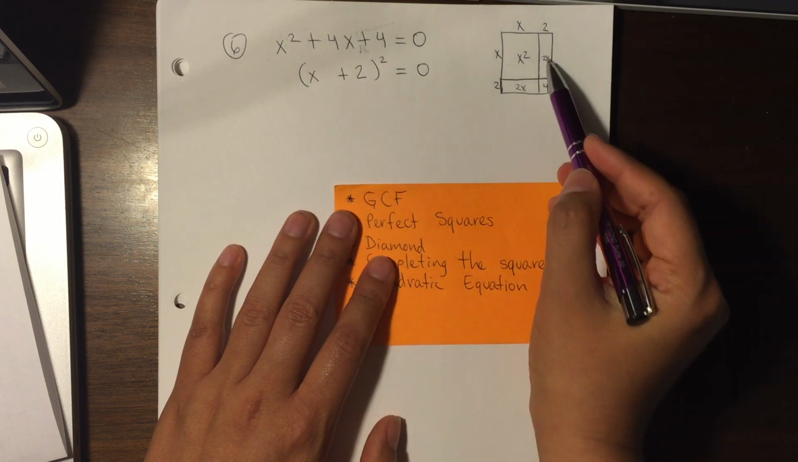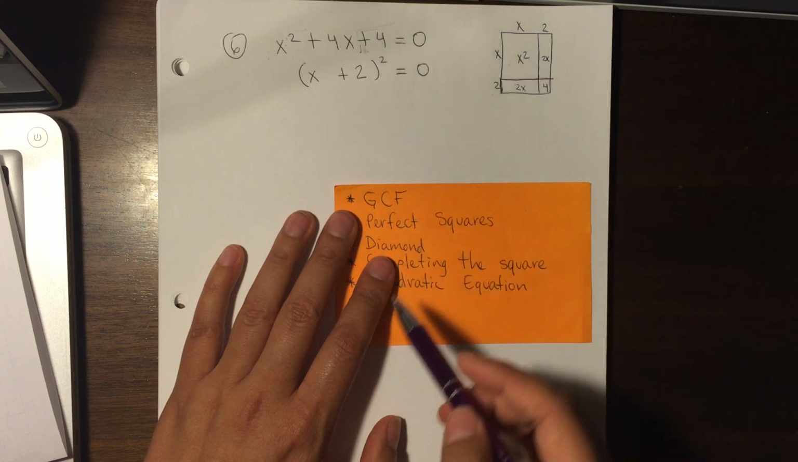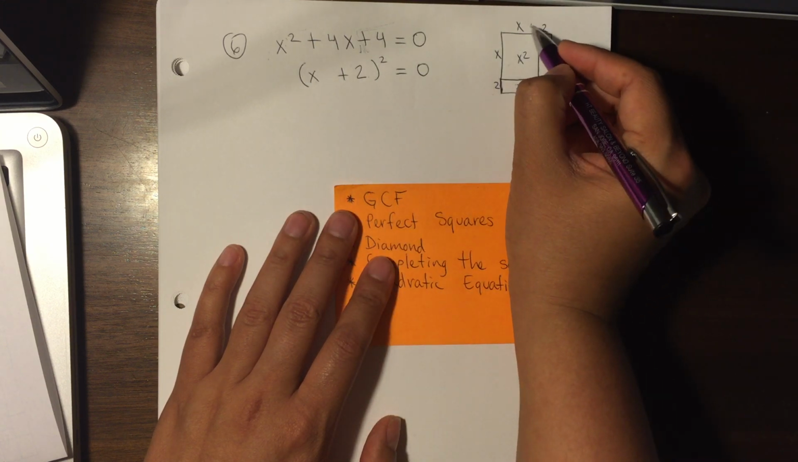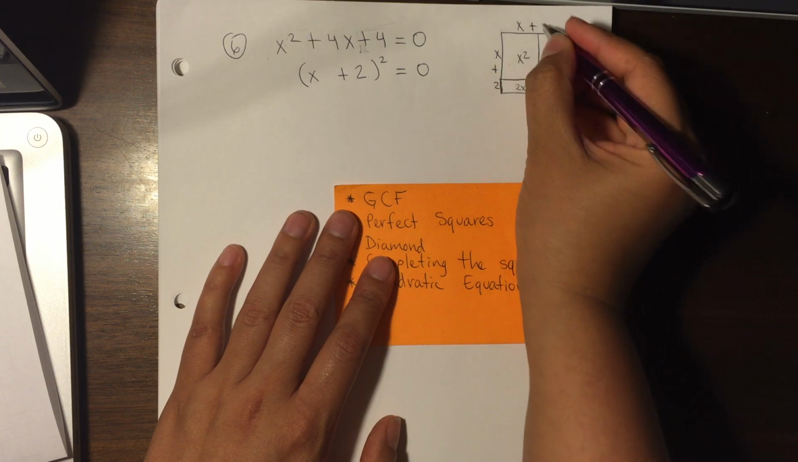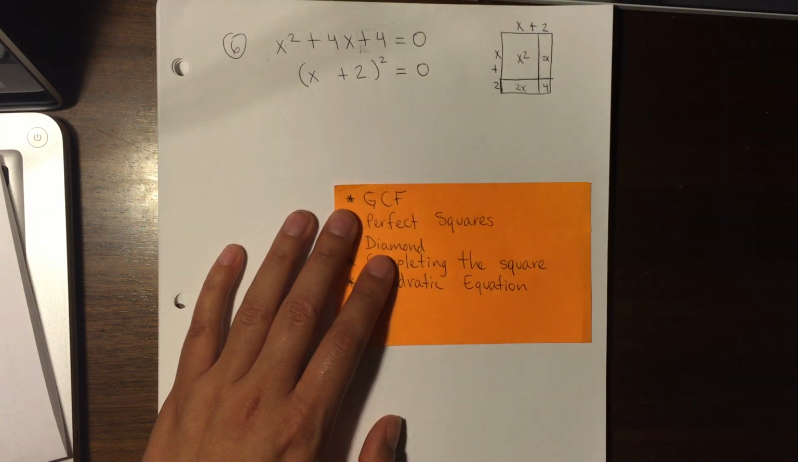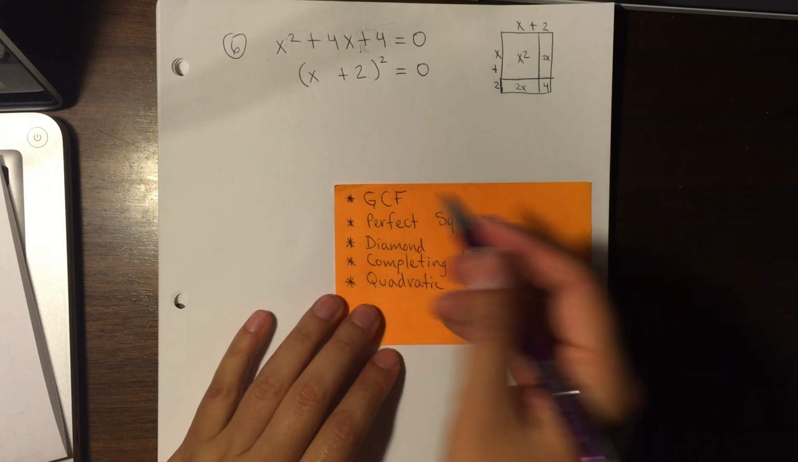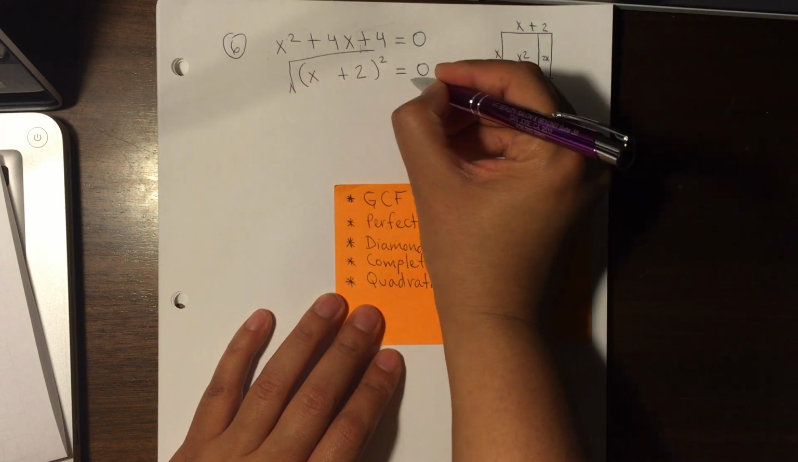So that's your perfect square right there. X squared, 4x, and 4. Okay, same thing in here. X plus 2 to the second power means x plus 2 times x plus 2. That's your x plus 2 to the second power. Okay, so that's how we can see that this is a complete square, and sometimes we have to complete that square, but in here it's already a perfect square. We take the square root of both sides,